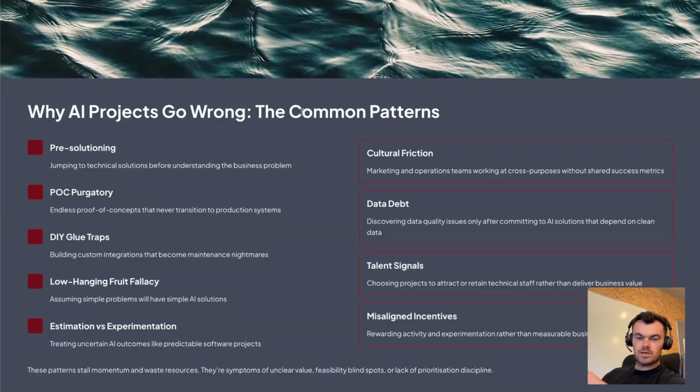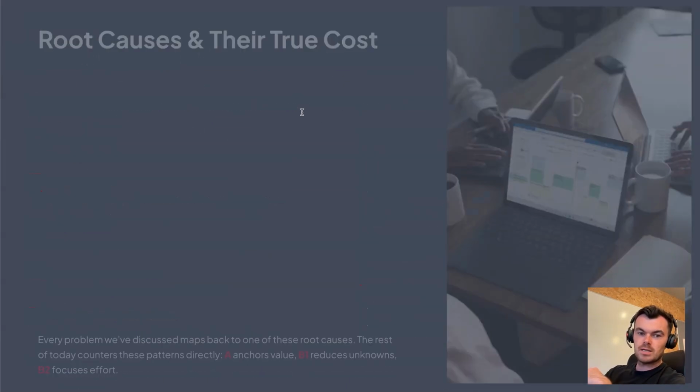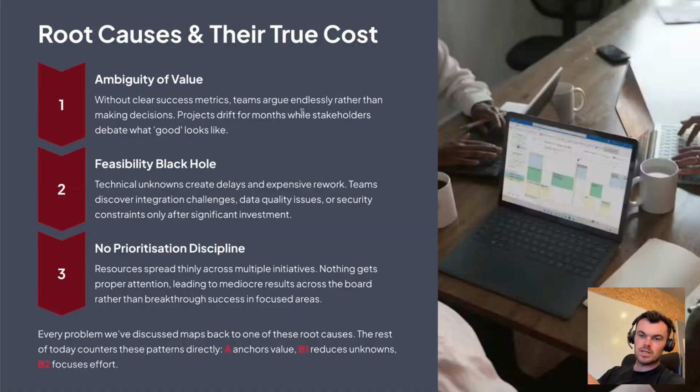But yeah, these are the common patterns I see, the things that we try to avoid and actually pre-encounter and get out. And we hopefully will get most of this stuff out in the feasibility checklist, along with the value benchmarks as well. So if I was to round this all up, I would say this was mainly ambiguity of value. Essentially, we cannot assign a rough best guess of value against us investing this much time or spending this much resource in AI.